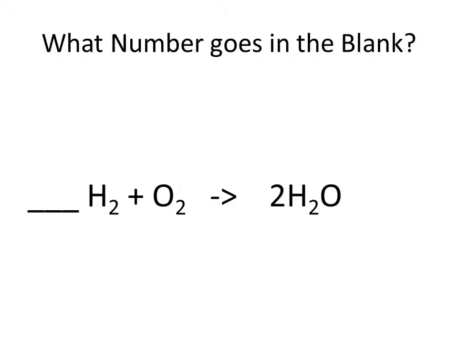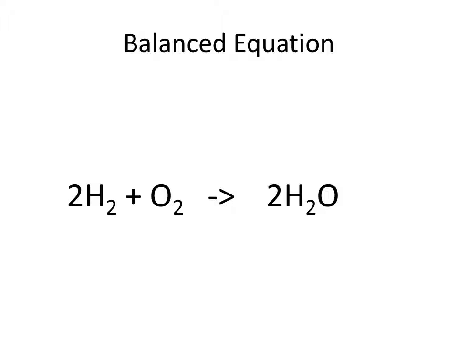On the GED, you might be asked to fill in a blank to complete or balance a chemical equation. If you look at this chemical equation, the combination of hydrogen with oxygen to form water, you see that there are 2 oxygens on the left and there are 2 oxygens on the right. There are 4 hydrogens on the right, so there must be 4 hydrogens on the left. Since each hydrogen molecule contains 2 hydrogen atoms, there must be 2 hydrogen molecules on the left, and you would write in 2 in the blank. Now you have a balanced